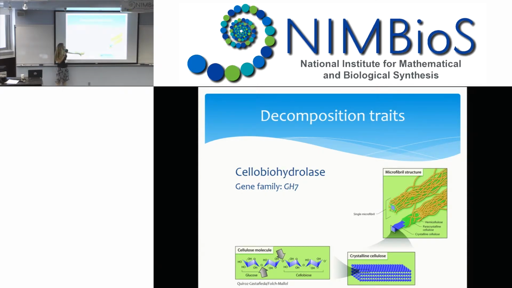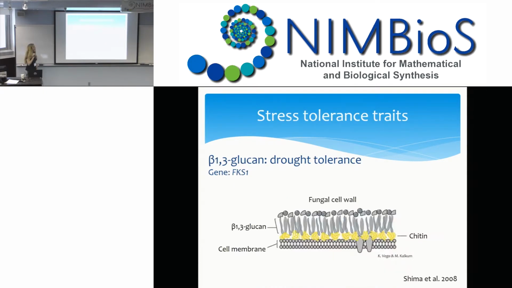All right, so the next step in breaking down cellulose is that once the fungus has this cellulose molecule released, it needs to break the bonds between the glucose units, and it can use an enzyme called cellobiohydrolase to do this. All right, so it'll break down these bonds. Once the glucose is released, they can use it for energy very easily. So different enzymes control different steps in the breakdown of cellulose. And again, we know the gene family that encodes for this enzyme, thank goodness. All right, so those are a few decomposition traits that seem like they might be important for fungi.